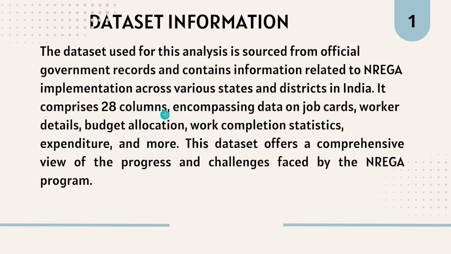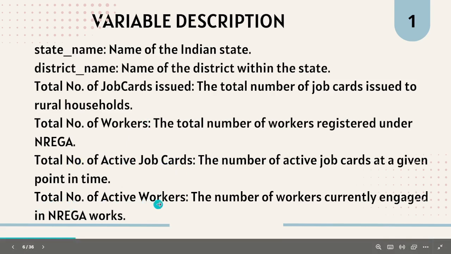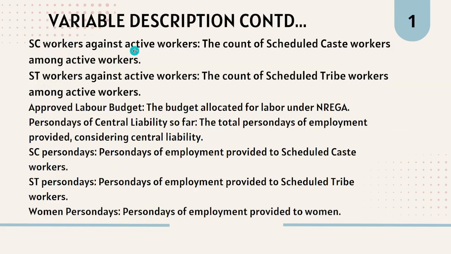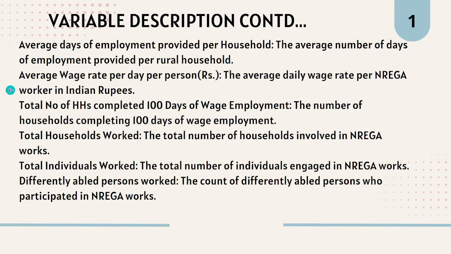We have 28 columns, which we call variables. The variable description is: state name, district name, total number of job cards issued, total number of workers, total number of active job cards, total number of active workers, SC workers against active workers, ST workers against active workers, approved labor budget, SC percentage, ST percentage, women percentage, average days of employment provided per household, average wage rate per day per person, total number of wages completed, 100 days of wage employment, total households work, total individuals work,